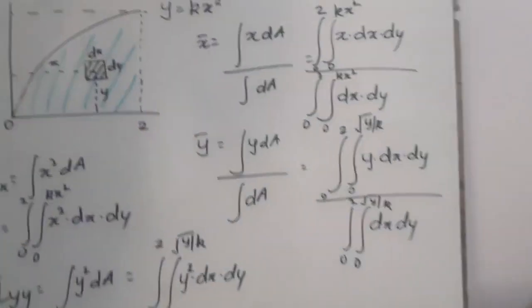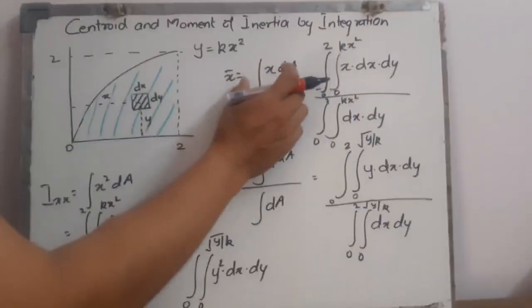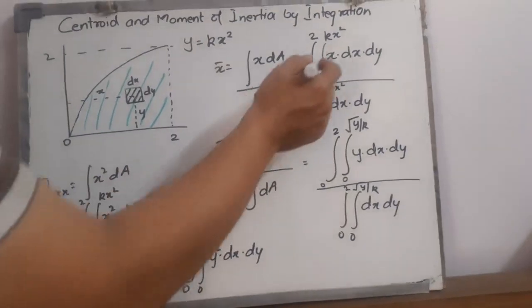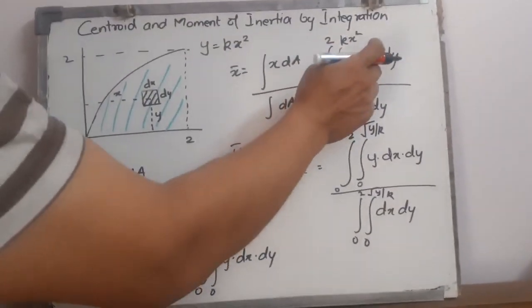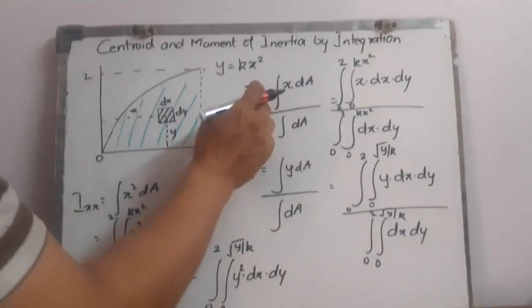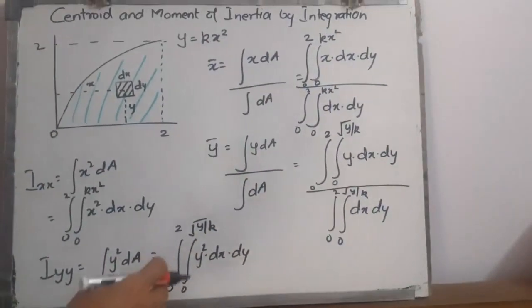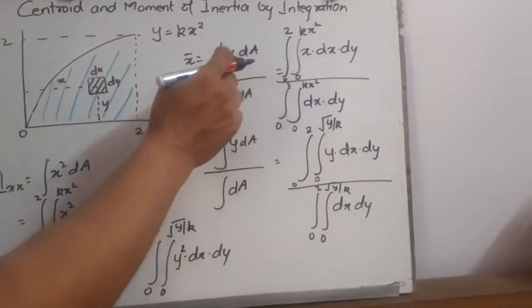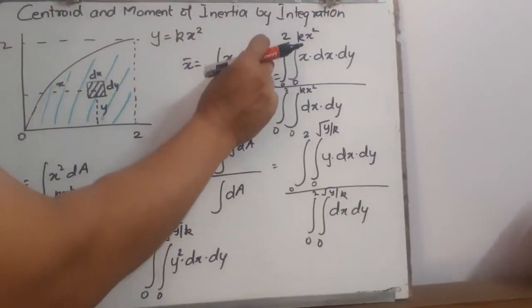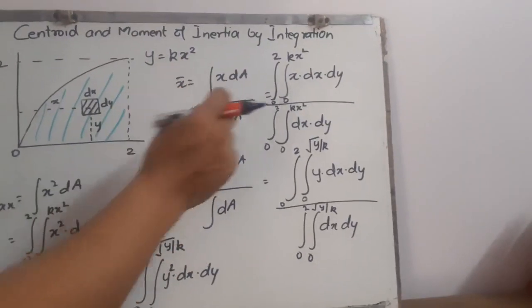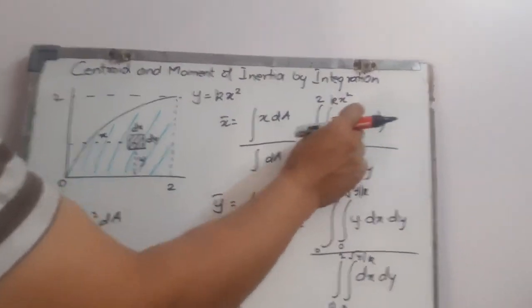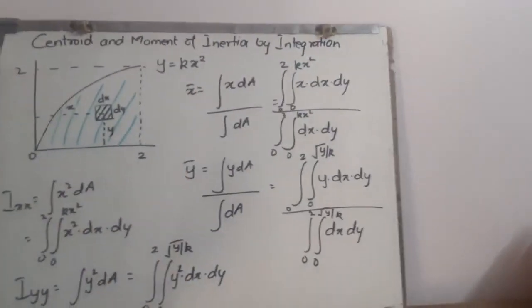So if you look at this equation, we have used the standard form and managed the equation. If you write it down here, as it is now an integration of two variables dx and dy, this single integration is replaced by a double integration. In this double integration method, we are replacing single integration by double integration because dA has been represented as a multiple of dx and dy. So dA gets replaced by dx and dy and we have the standard form x.